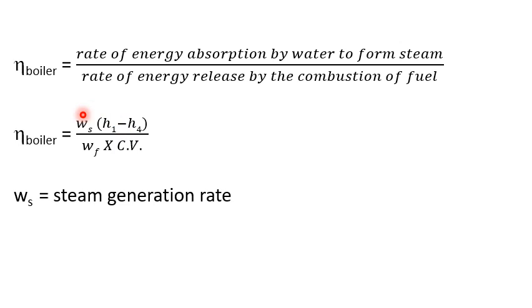The major portion of heat produced during combustion of fuel is utilized to heat the feed water for conversion into steam, but some portion of heat produced is lost in flue gases leaving the chimney, and some amount of heat is lost due to radiation from the furnace to outside. The boiler efficiency is nearly 75% without heat recovery equipment, and it varies from 85 to 90% with heat recovery equipment.